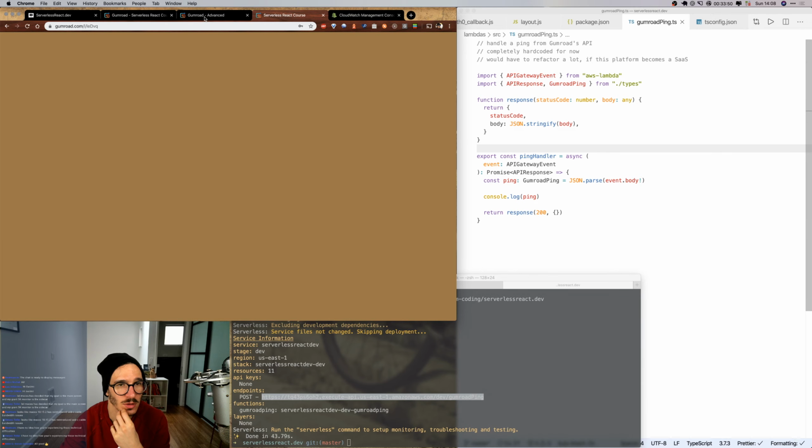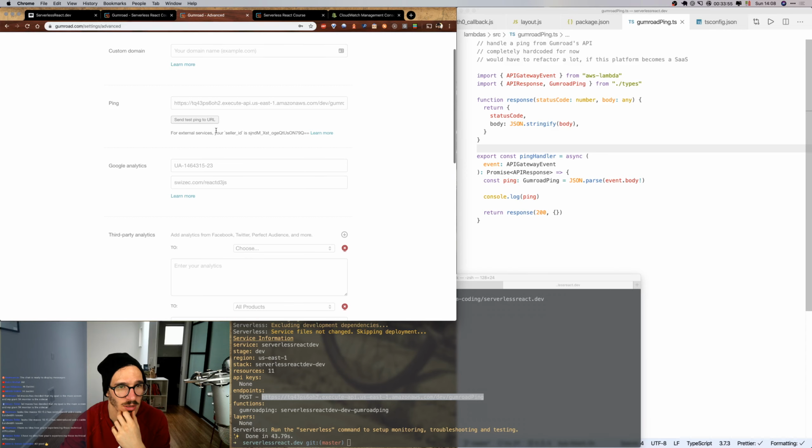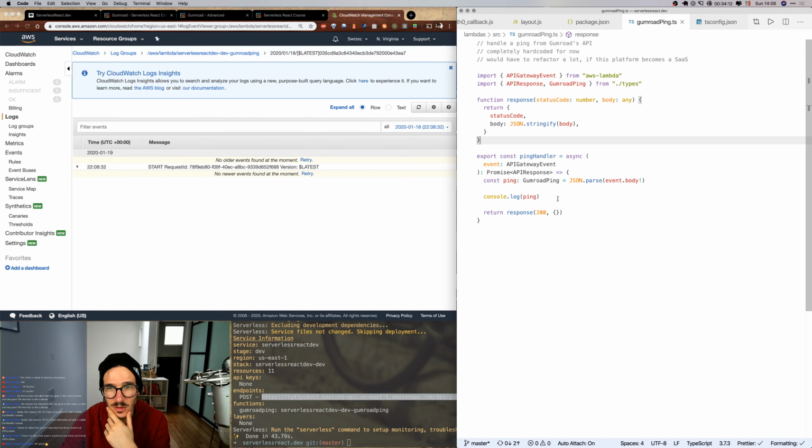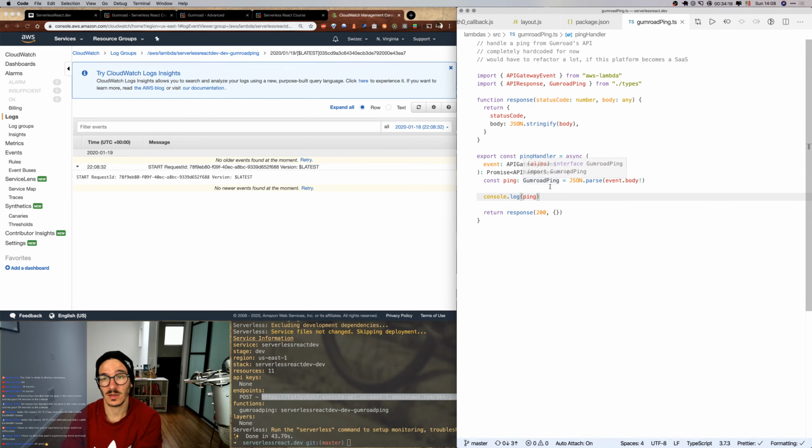We saved it here. There we go. Send test ping to URL. Sending test ping. Your last sale data has been sent to the ping URL, which means there should now be logs here. Yes. Awesome. So we have the logs. I'm going to refresh this to get the latest logs because we should have a console log. So we're trying to get the event body,